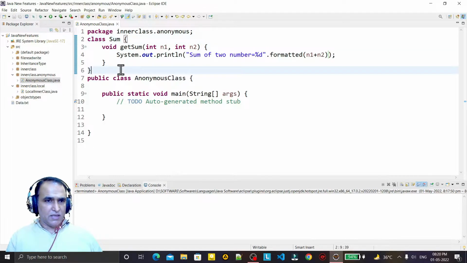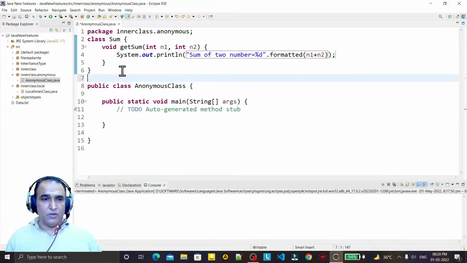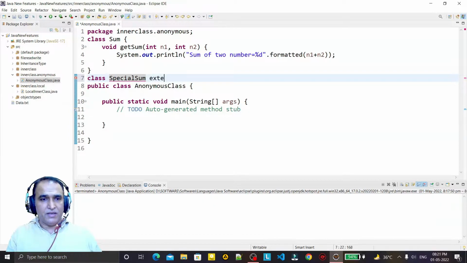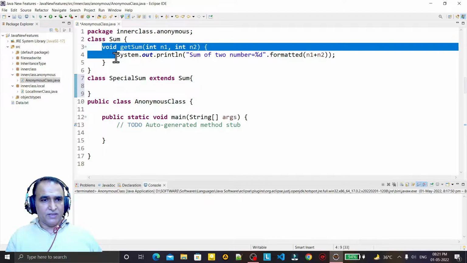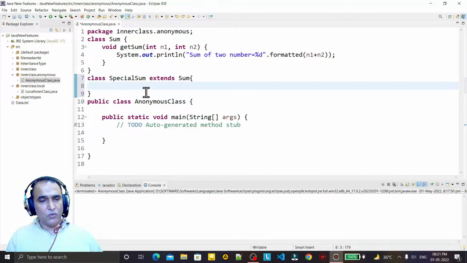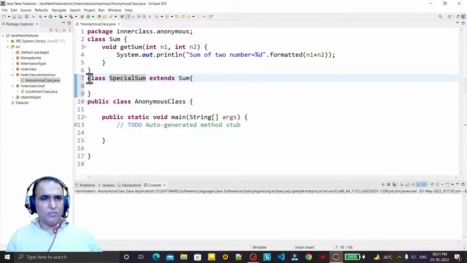Now this is a Sum class and I want to extend the functionality of this class, for example. So what I will do, I will just say class SpecialSum extends Sum. This is a normal process and I can override this method also. I can create more methods also and then I can call them. It's a normal process of inheritance. So in place of this,